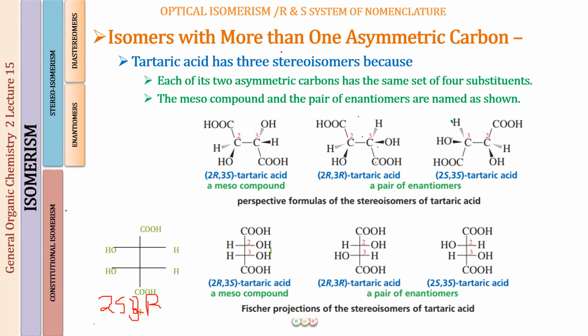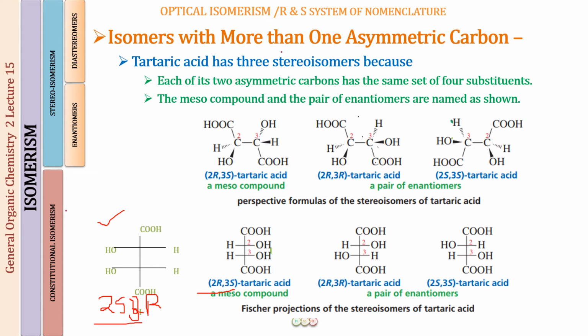So this is a 2S3R, and this is a 2R3S. Again, the name of the compounds, this is different, right? So why are we still not including this as a stereoisomer for tartaric acid? Well, here what you have to understand is that you have to check for the chirality of the molecules, whether they are going to be superimposable on each other or not to qualify as enantiomers.